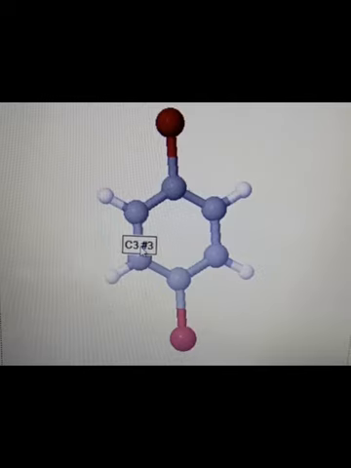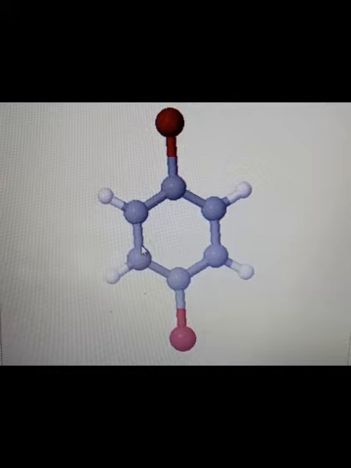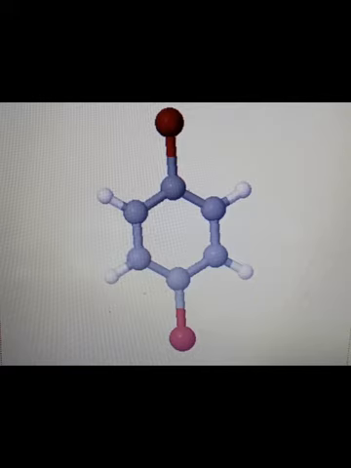Let us take some examples for DNH point group. As mentioned earlier, a DNH point group has a Cn rotational axis of symmetry and n number of C2s perpendicular to Cn. It has n number of sigma v's, sigma h and Sn improper axis of symmetry. Let us start with the example of D2H point group, that is 1,4 dibromobenzene.